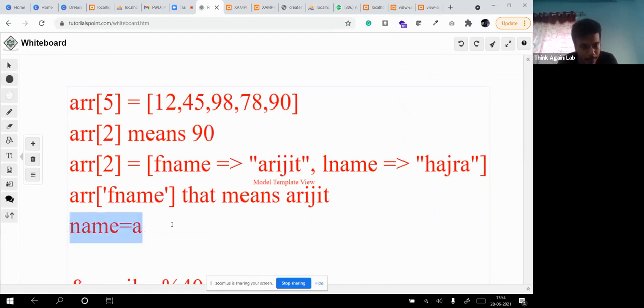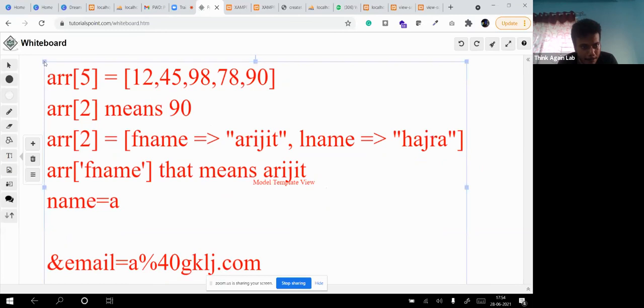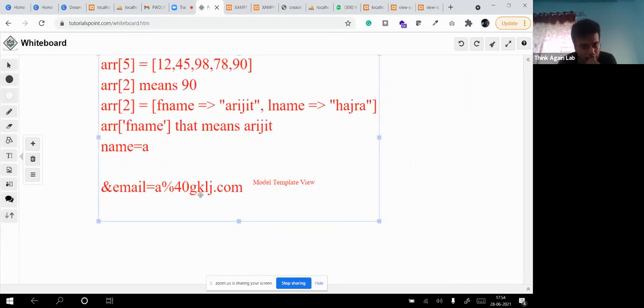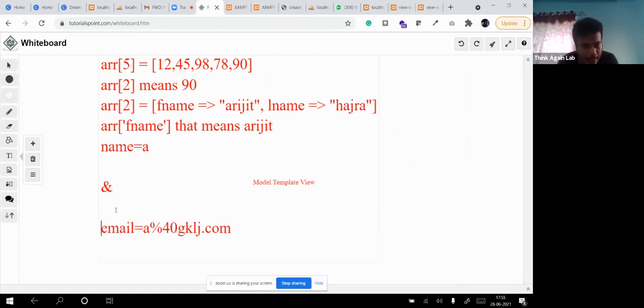Clear? All the variables are connected with an ampersand, right? So there is an and in between, and this is the next variable whose key is email equals the